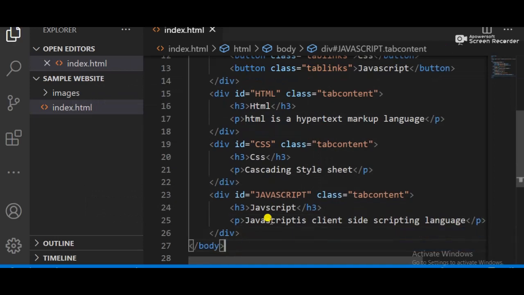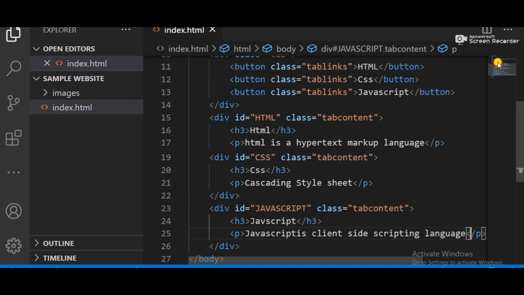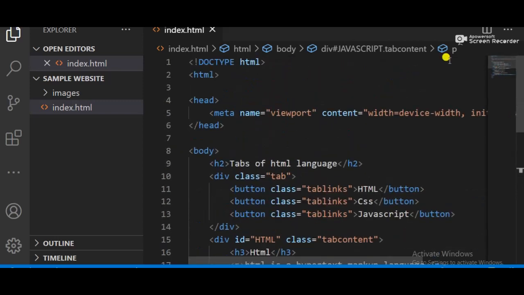So now that is the cool thing, and we have made three different divs. Now going towards the CSS part. So what should we do? We have to apply the CSS. So we need to go to the head tag, and in this head tag I just need to apply the CSS.